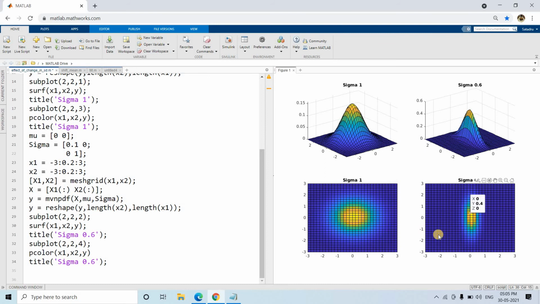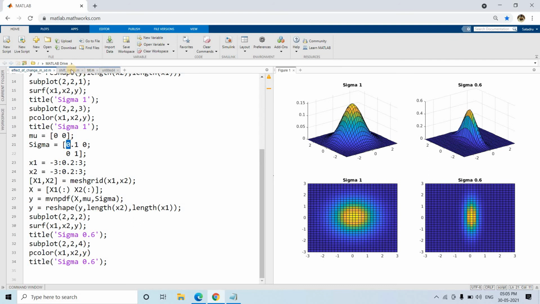happening? Here, along x1 and x2, along x2 it is a more flattened version, but along x1 it is shrinking very quickly. Okay, because along x1 we have decreased the standard deviation, so along x1 we shrank the curve. So the probability distribution will look like this: the yellow part has more probability, and on the up-down side it is decreasing smoothly, but on the left-right side it is decreasing very quickly, right?